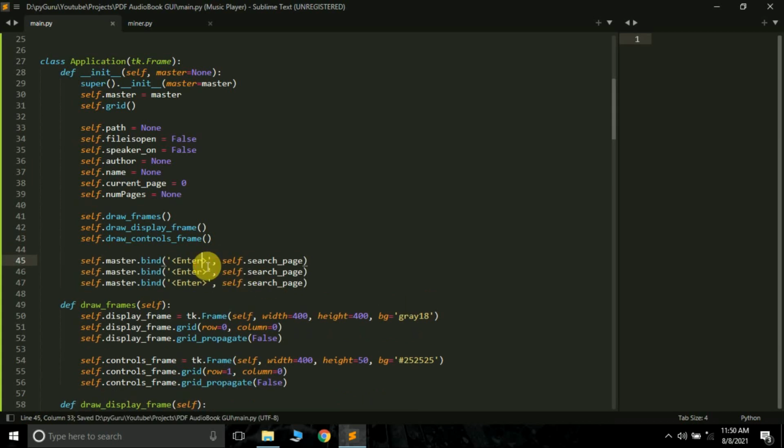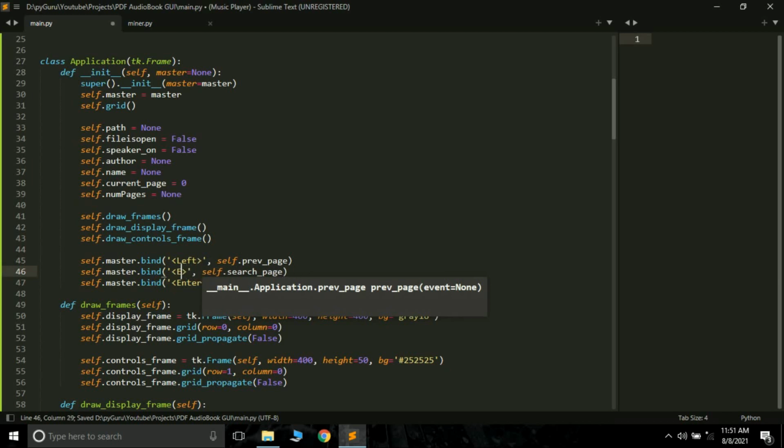What I want is whenever someone presses the left key, we should be able to move to the previous page. So I can pass Left here, and instead of search page, we pass prev page here. This is how you can bind your key presses to your GUI too.